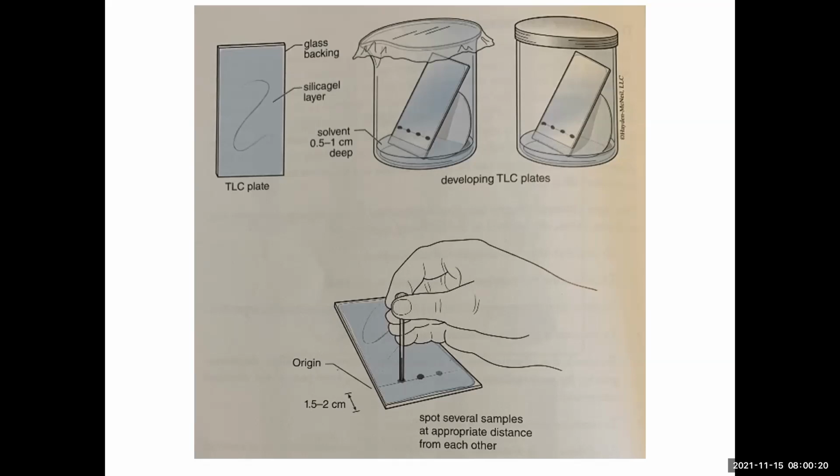So you just want it to touch it, allow some to come out, but keep the spot fairly small. And so move the capillary tube away. And then the solvent, because it has a very low boiling point, will evaporate. And it'll just leave the compound on the plate. So the solvent is kind of just a vehicle to get it onto the plate in a really dilute fashion. But it doesn't affect the separation because you're going to allow it to evaporate before you develop the TLC plate.